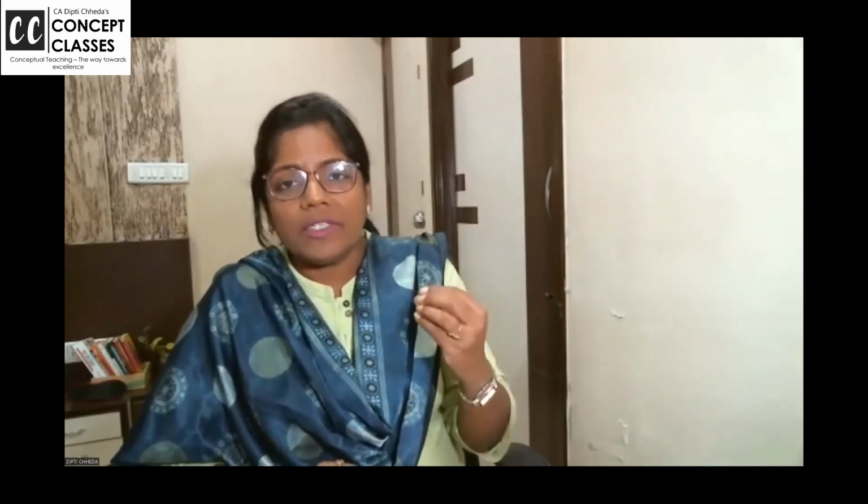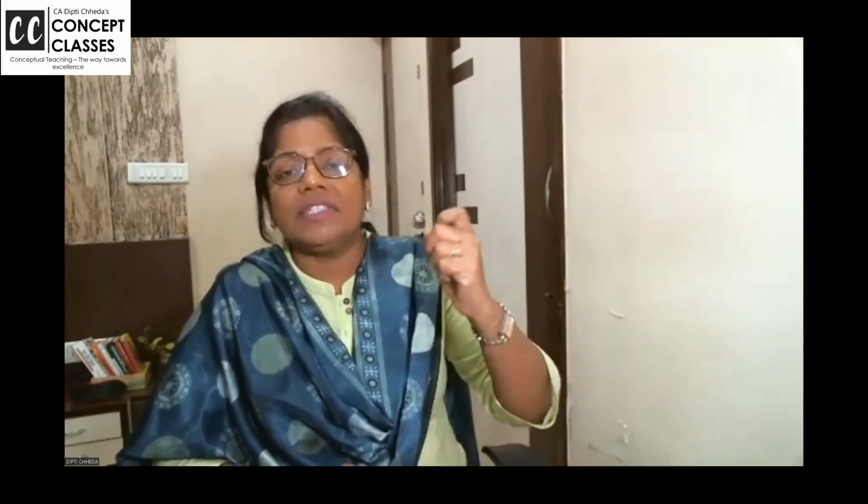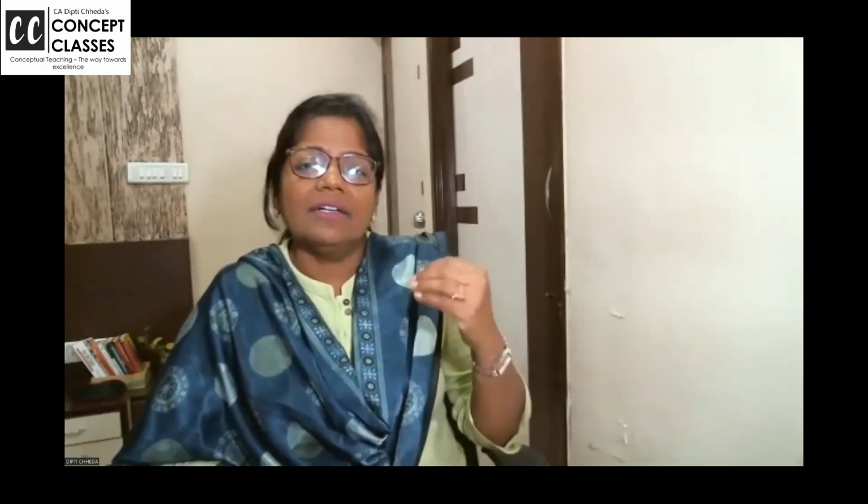But ICDS separately question and answers can be asked, and what has been asked for 5 marks, I'll be solving it. It's a very easy question. And one more thing is, ICDS can also be a part of your business head. When they ask you to compute the income from business head, if it is related to closing stock, you have to follow ICDS 2. If it is relating to your investments and securities and all, you need to follow ICDS 8. So like that, related items can be covered there also.